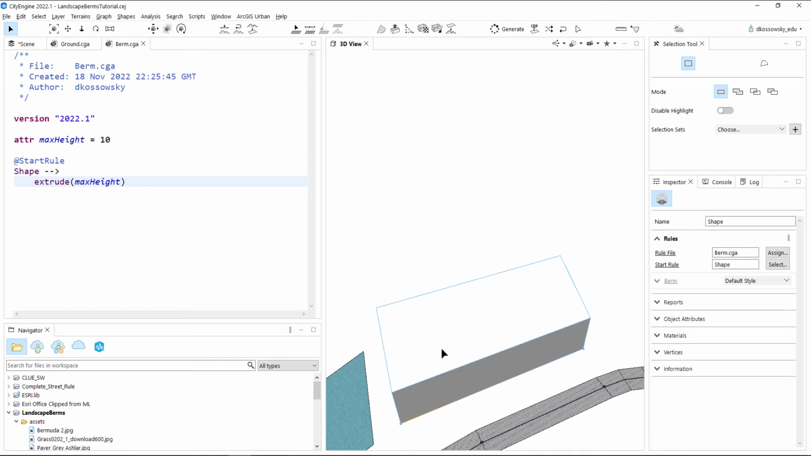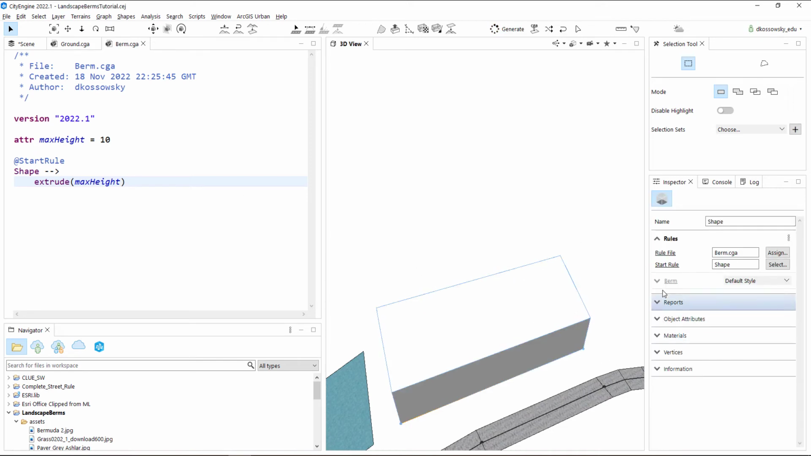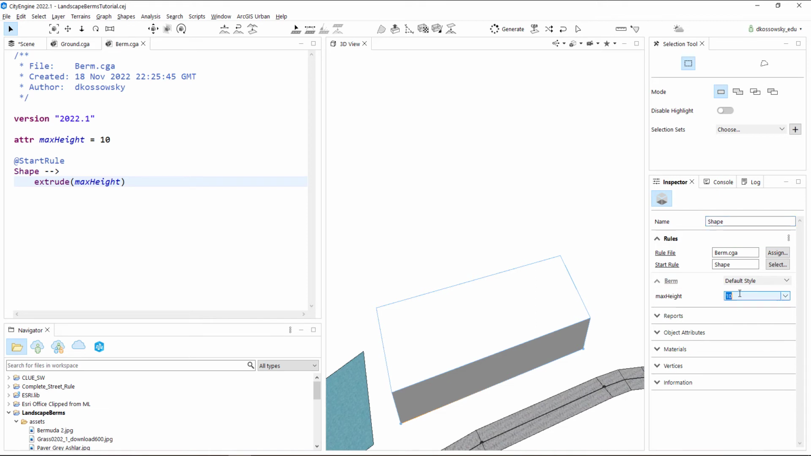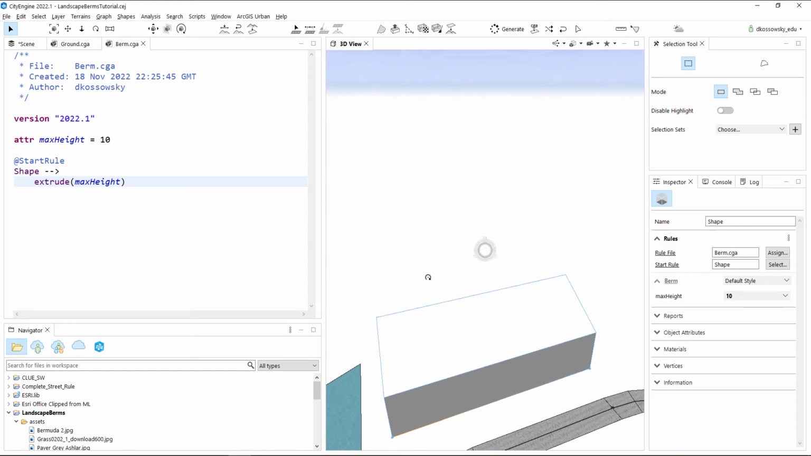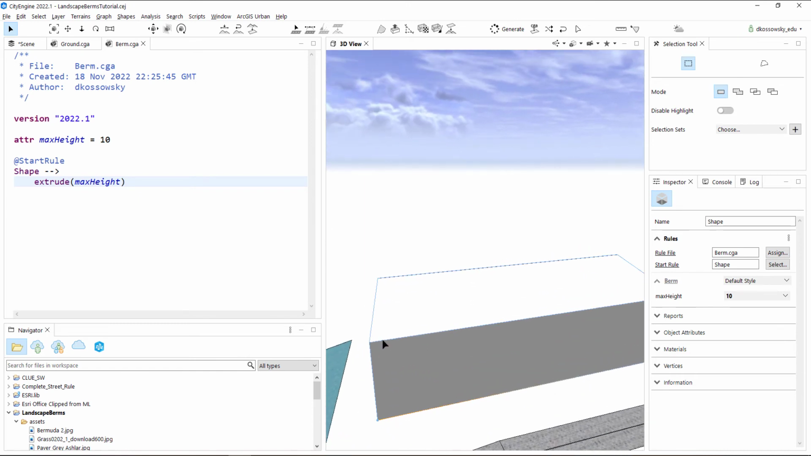So now what this means is, because I've created an attribute, on the right-hand side I can type in any value that I want, and the extrusion will adjust accordingly. So now that I've got the basic extrusion going here, what I need to do is work off of this extrusion. Right now this berm is clearly not looking like a berm, but we're extruding the surface